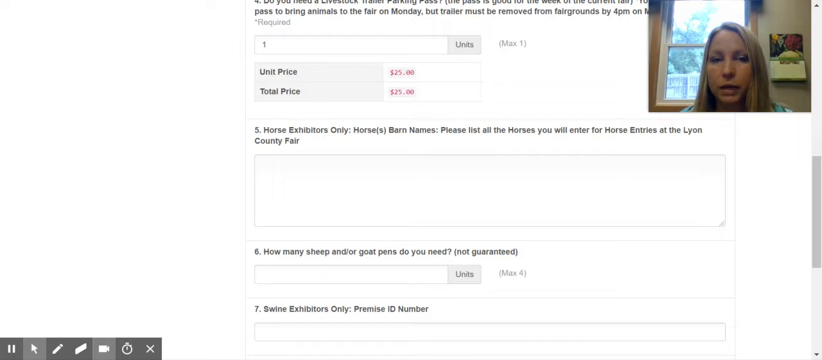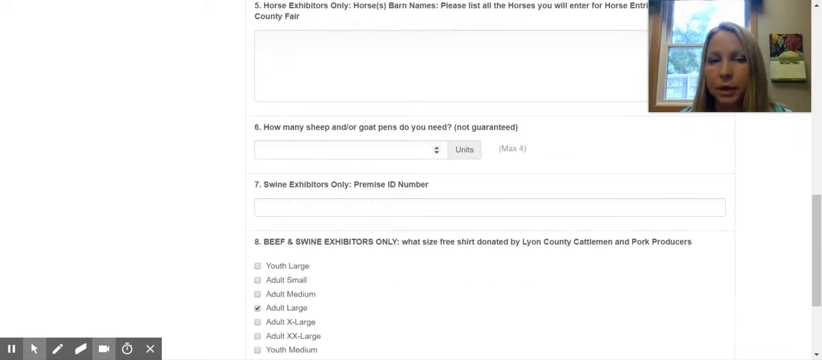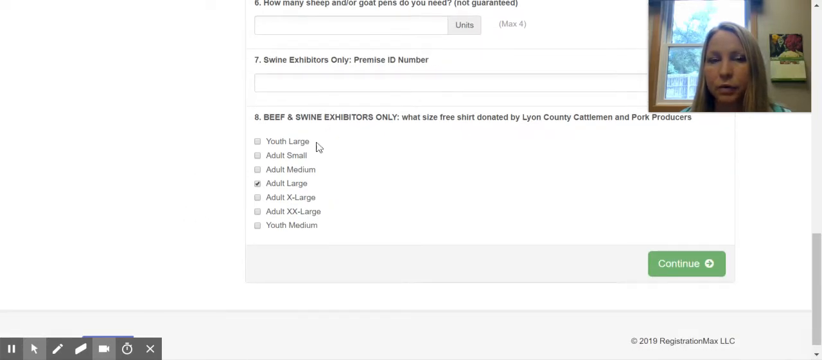If you have horses, you would enter the horse barn names here for the stall cards. How many sheep or goat pens you need, that gives us an idea how many to set up. And then if you are a beef or swine exhibitor, select the t-shirt size. But just a reminder, the t-shirts that are donated are